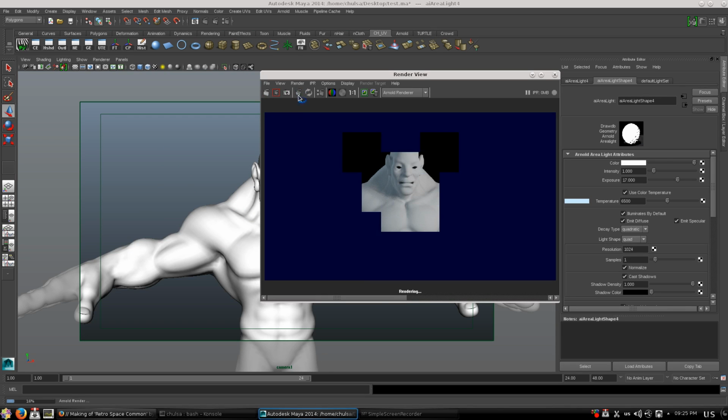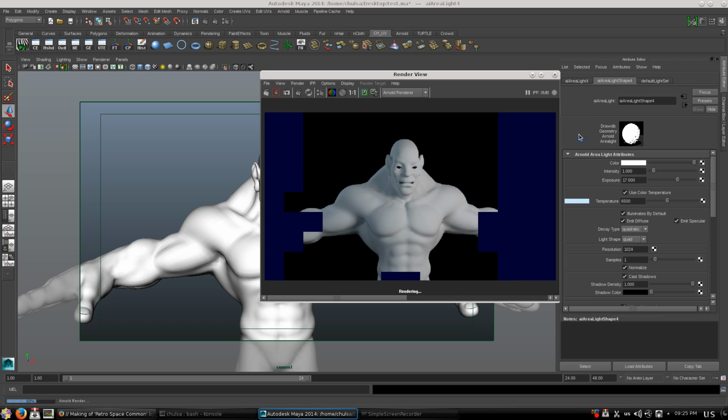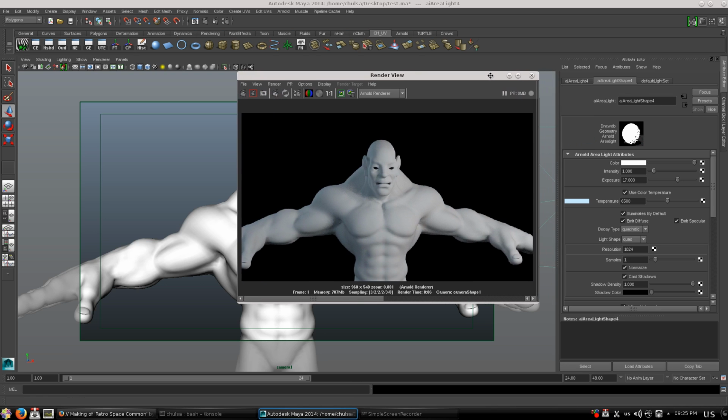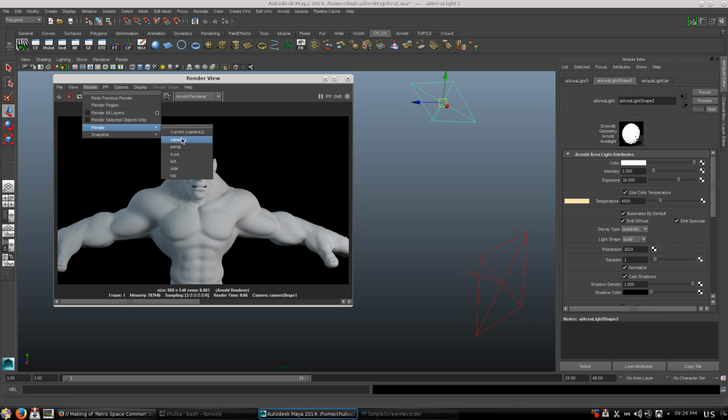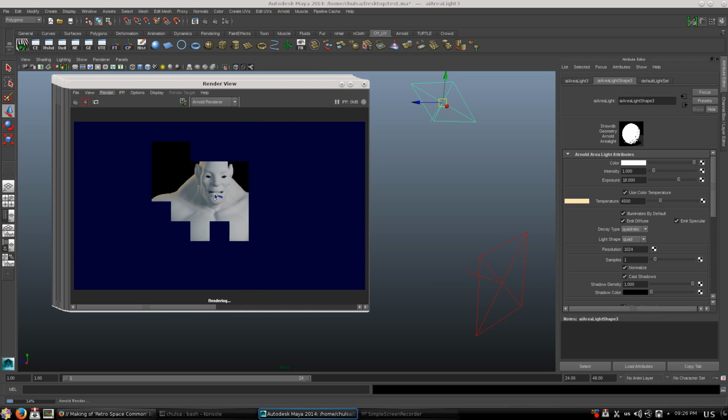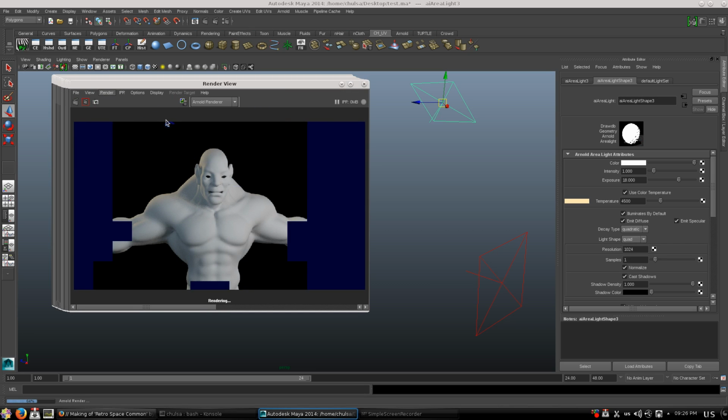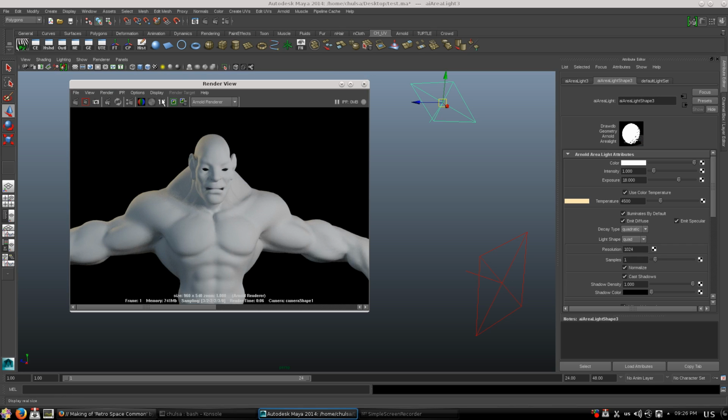I need to apply the displacement map first, and then I will continue to work on this one, which should be around 5,000 and maybe 4,000, 4,500, and this up to 17. Render camera. I will show you how to render the displacement map and also Arnold skin shader in that, and